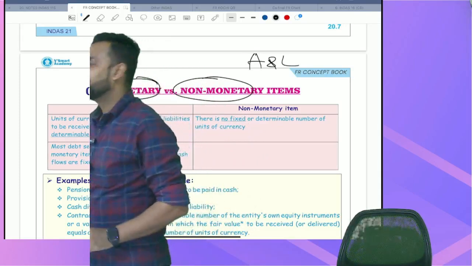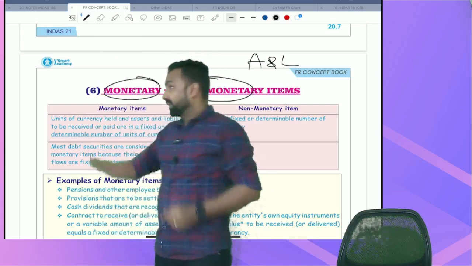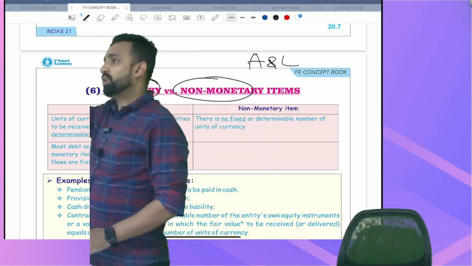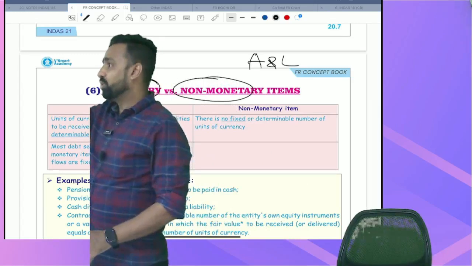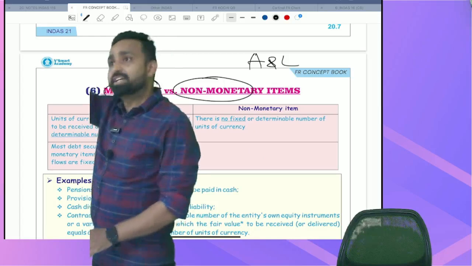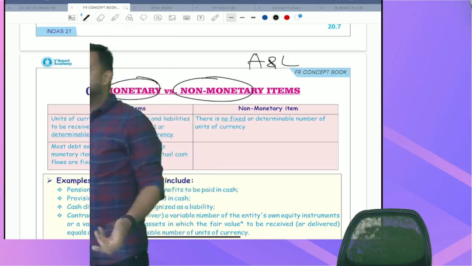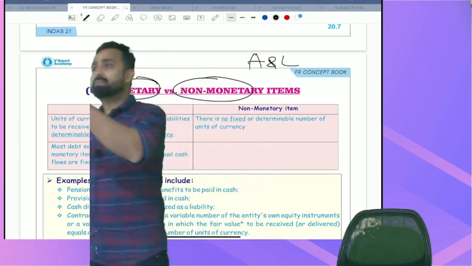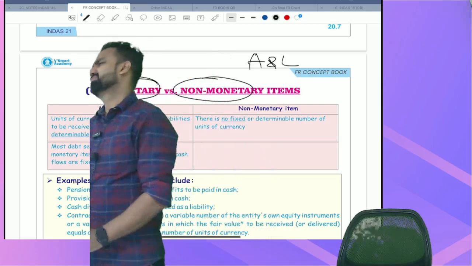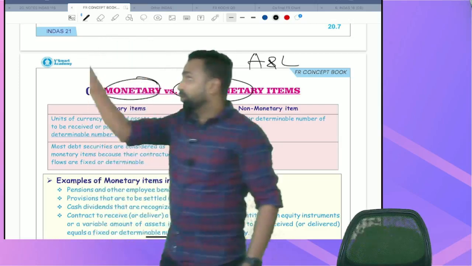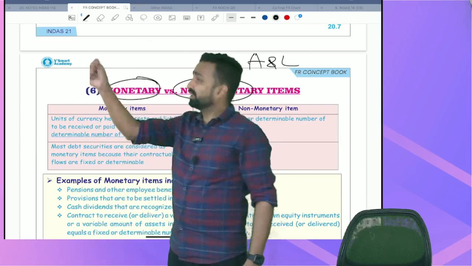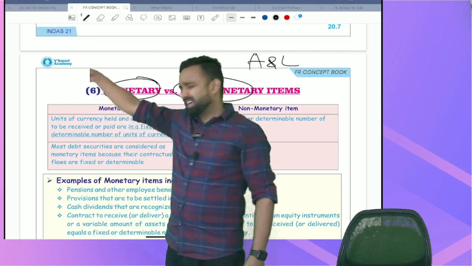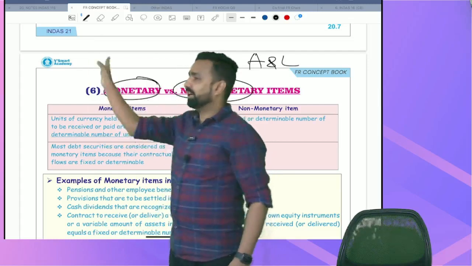Understood or not? So Ind AS 21 decided that those who are on the cost model, get lost. No revaluation. You are on the cost model now, no revaluation. Initially I recorded you at the spot rate. Get lost, no more revaluations, only one time, once in a life. Got the point or not? So those who are following the measurement rule of cost model, I already gave you the spot rate. Continue with the same rate every year. Get lost.